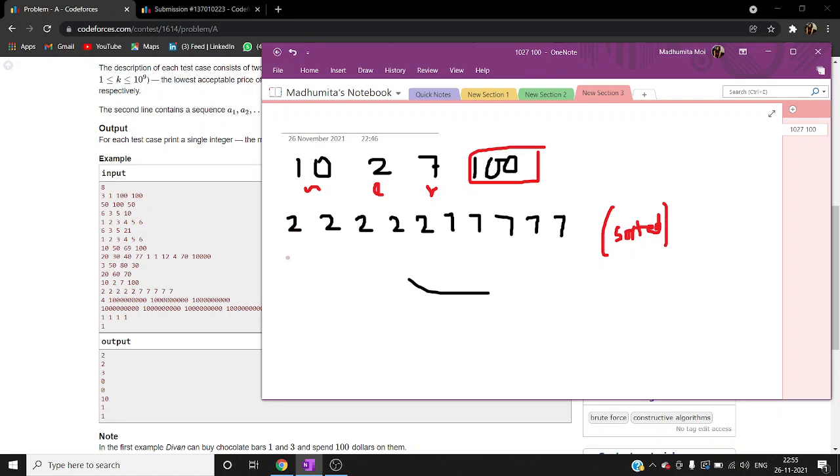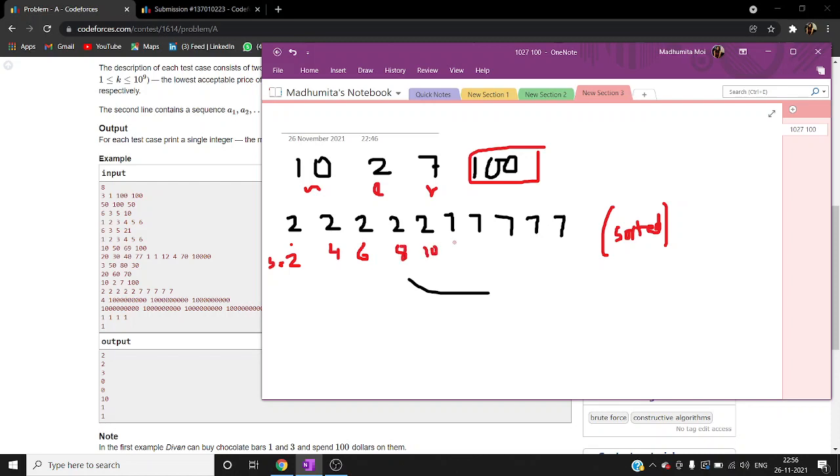So what we can do is start incrementing. Now when we come to this 2, it is fulfilling the condition, that it is greater than or equal to 2, so here S is equal to 2. And it is less than or equal to 7, so it is fulfilling the condition. Next 2 is again fulfilling, so here S becomes 4. Next it becomes 6, then 8, then 10.